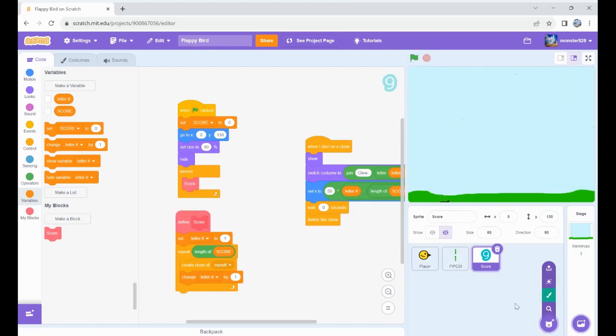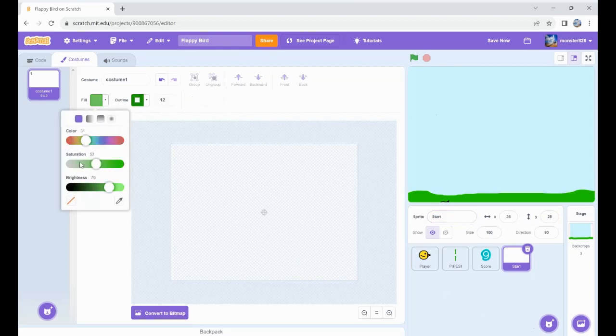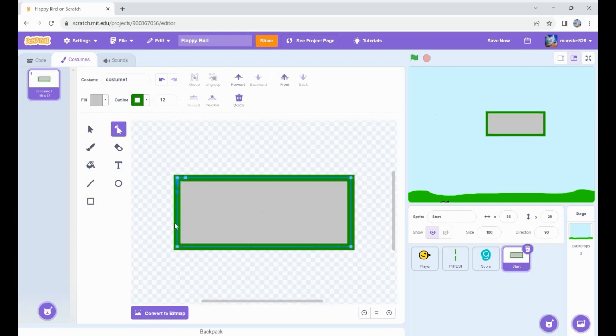Okay, let's continue with the menu. So let's create a new sprite, let's call it start, and let's create a rectangle and have it kind of gray inside. Fill it with gray, and let's use the reshape tool to go along the edges right next to the actual